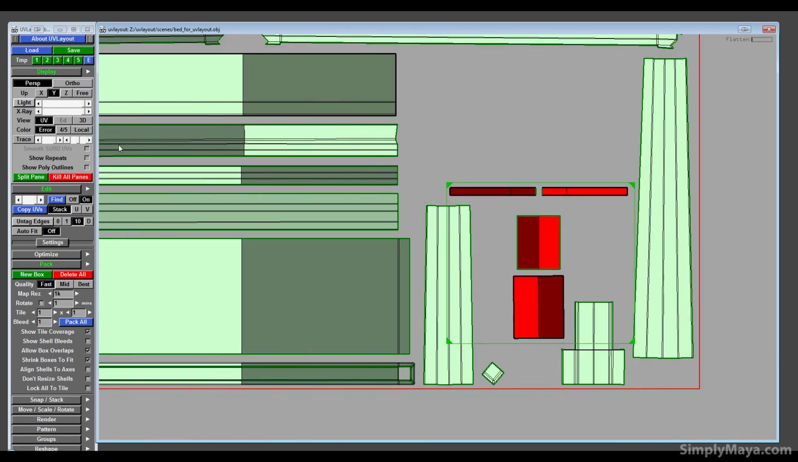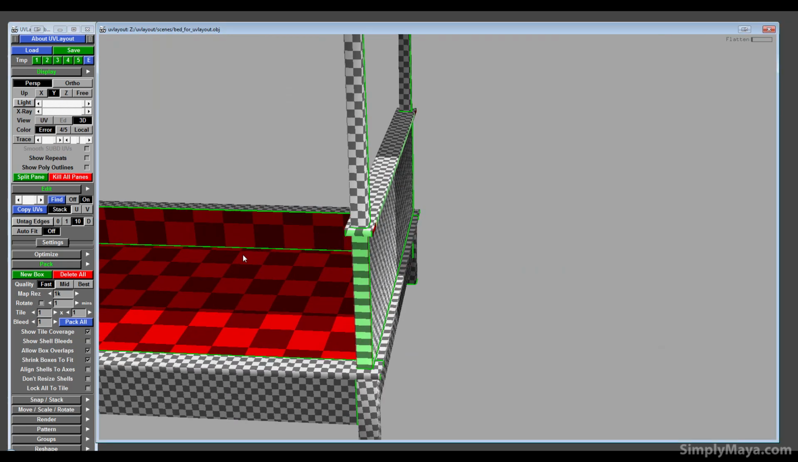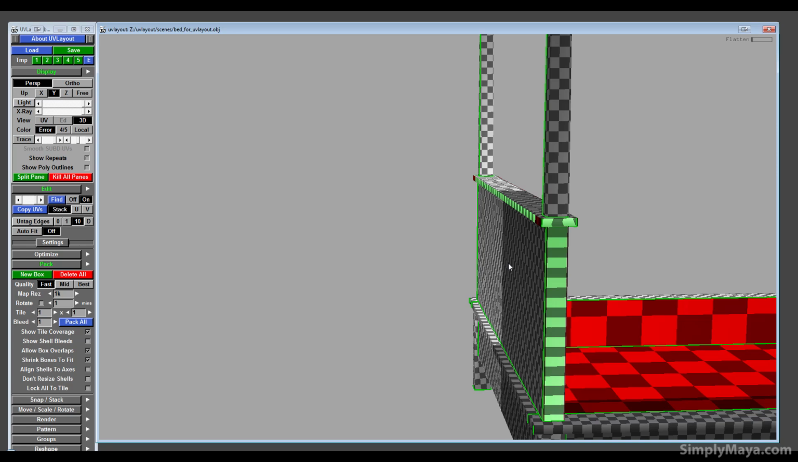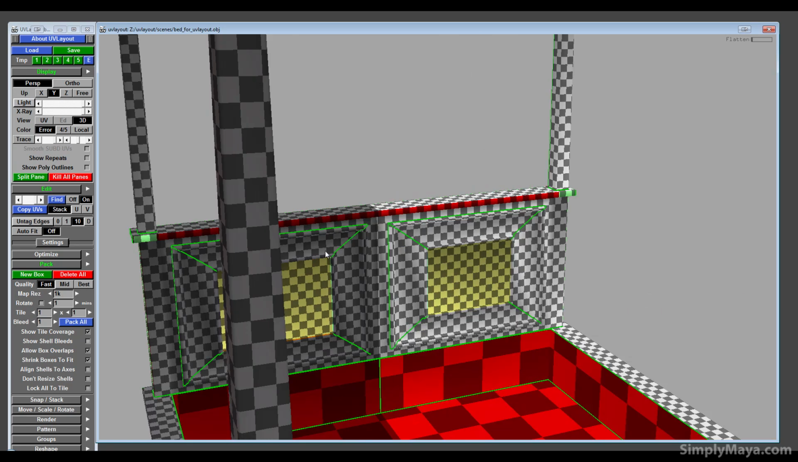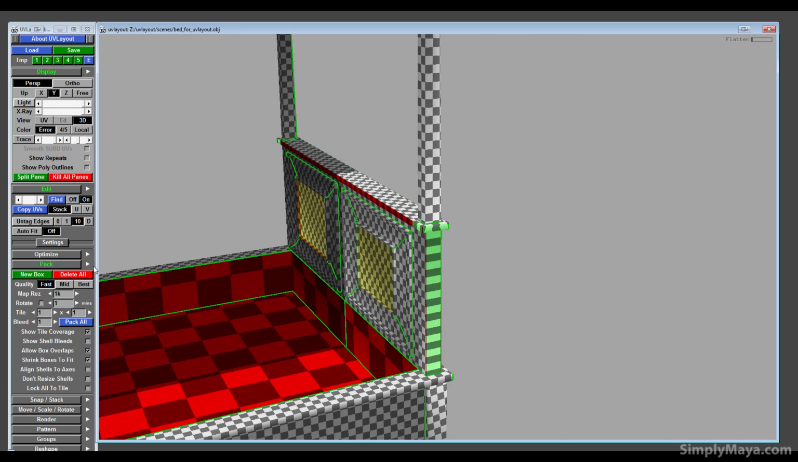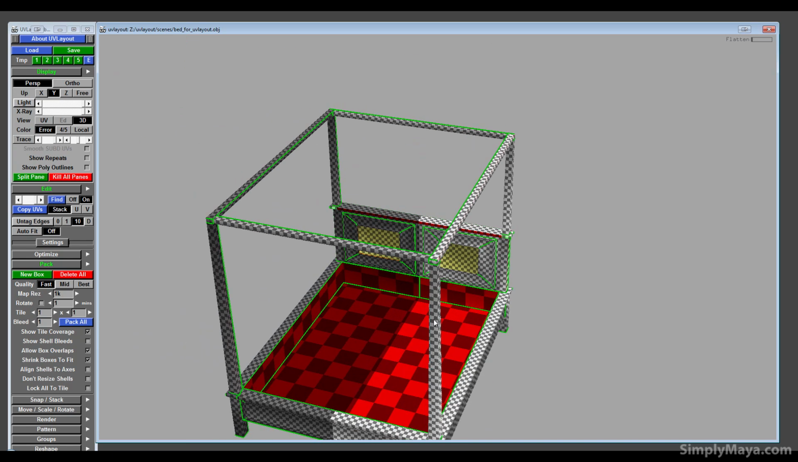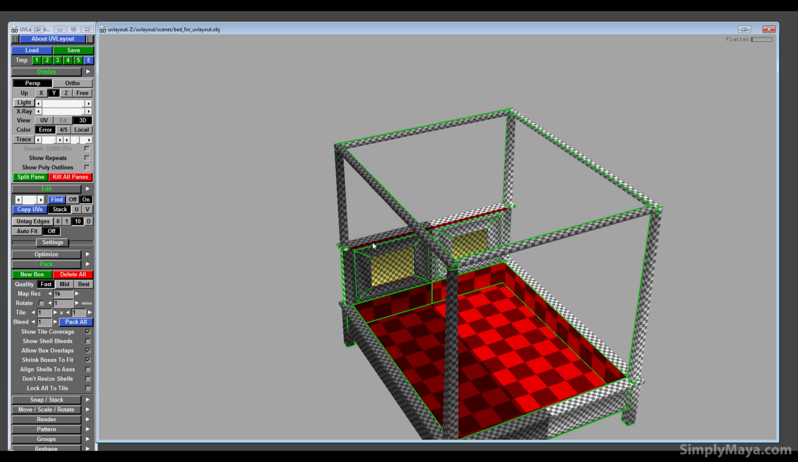And I'm now wondering why I have this issue here. I still have it with these red bits. So I'm going to resize everything so it's back to normal size, because obviously I've shrunk these down by accident, but